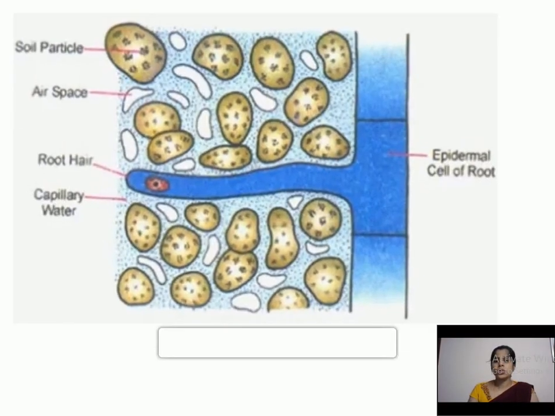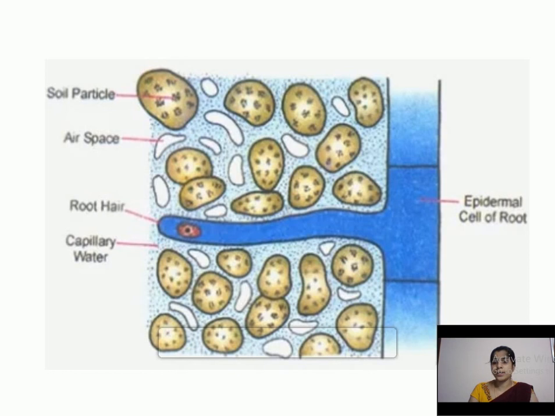So, the roots of plants are under the ground, but root cells also need oxygen to carry out respiration and release energy for their own use. So, how does respiration occur in roots? Let us see. The roots of a plant take up air from the space between the soil particles.